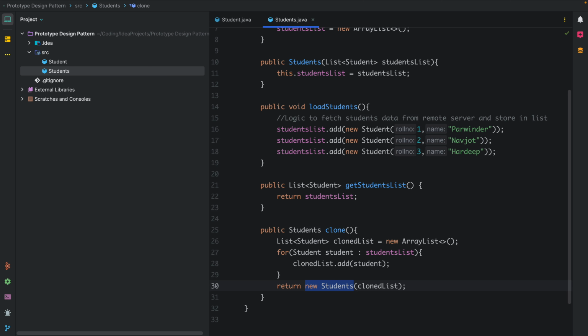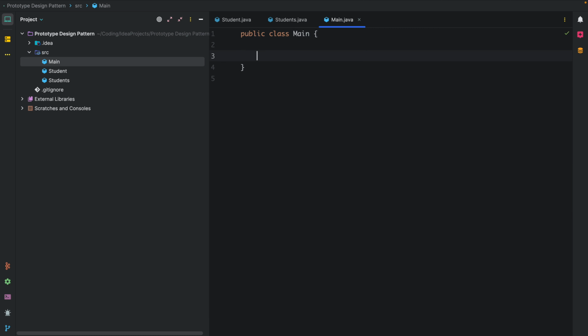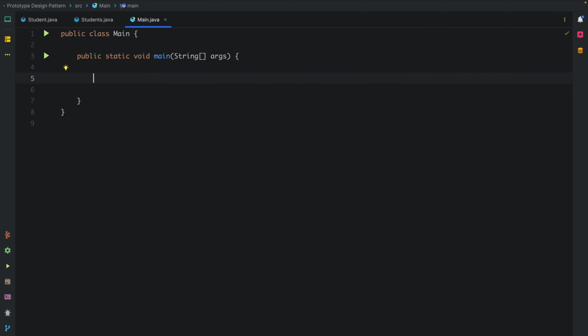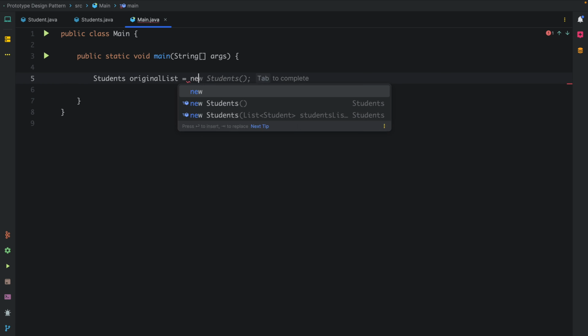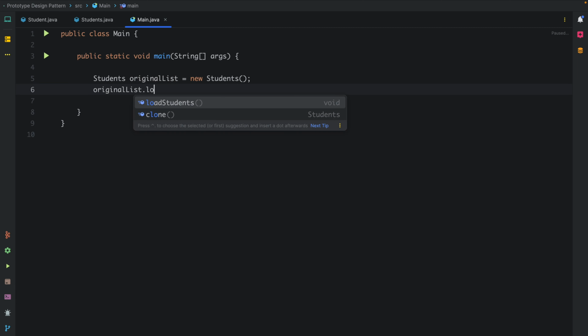Let's jump to our main class. So Java main class, public static void main. Okay, so in this main class let's create an object of the Students class. Students, let's call it originalList, right? And let's load the students into this list. So originalList.loadStudents,